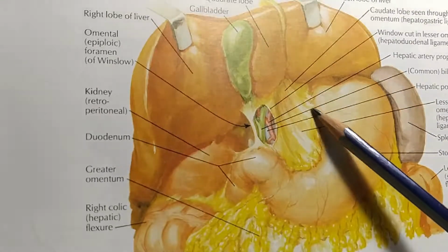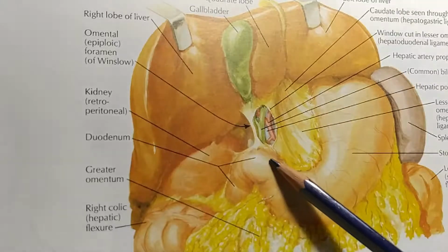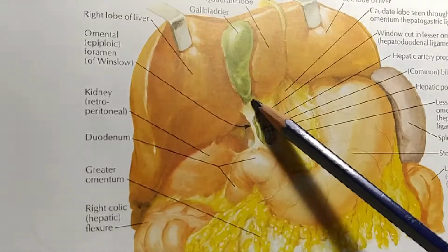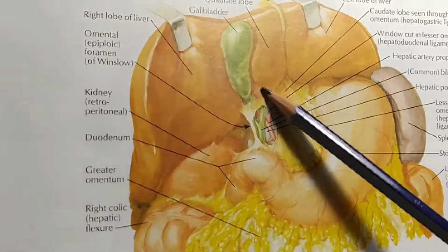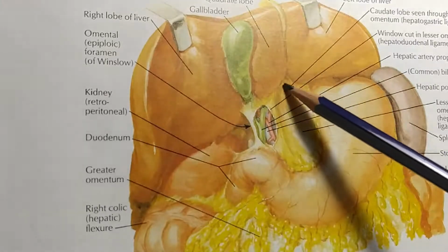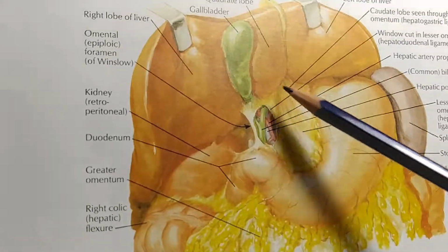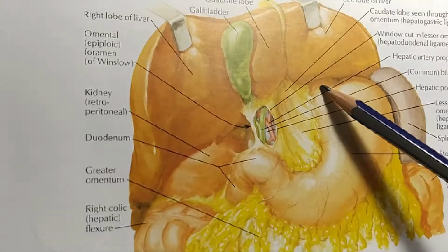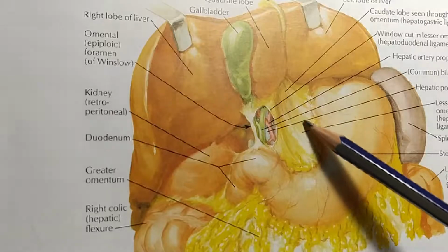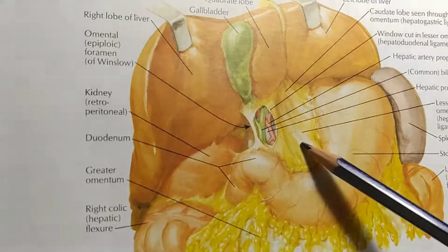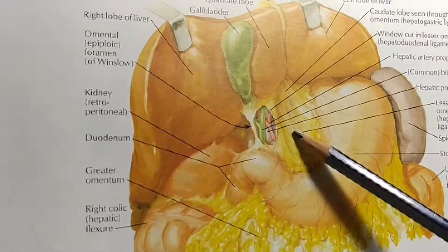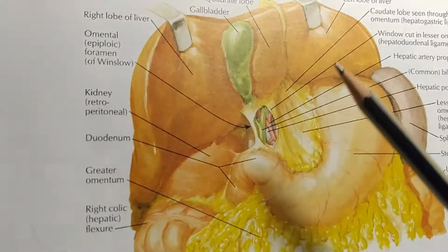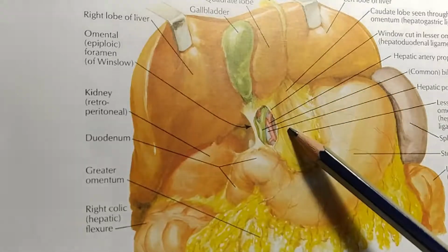So the inner layers of the stomach and a portion of the liver, that is here the caudate lobe. So the lesser omentum is attached with the caudate lobe and the lesser curvature of the stomach, and in between those there is a peritoneal reflection, a peritoneal fold, which is called the lesser sac.